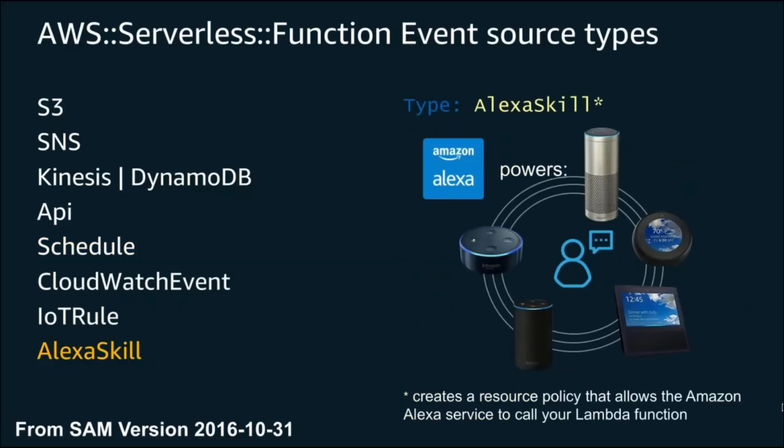And then lastly, this is kind of a fun one here. So Amazon Alexa, Alexa skills can be powered by Lambda. The Alexa team says that Lambda is the easiest way to create and build an Alexa skill. It's actually a lot of fun to do. I've done it myself for Alexa devices that I have at home. And so in terms of configuring your Lambda function with SAM, all you do is specify the type. And that basically tells your Lambda function that it should be able to be invoked by Alexa.